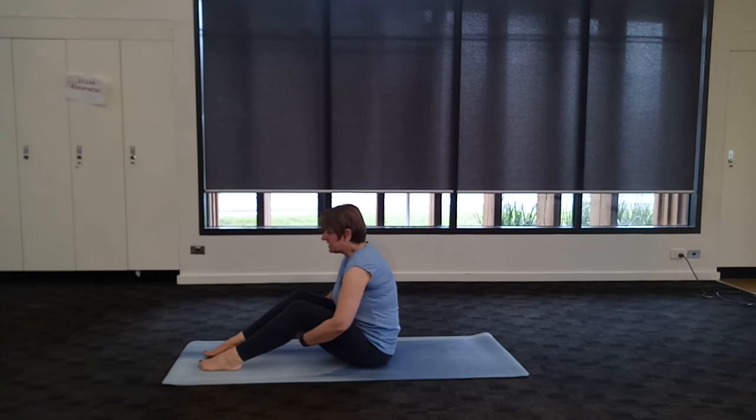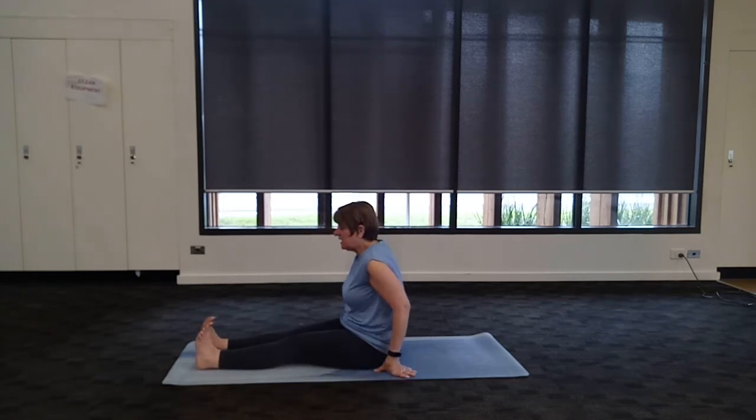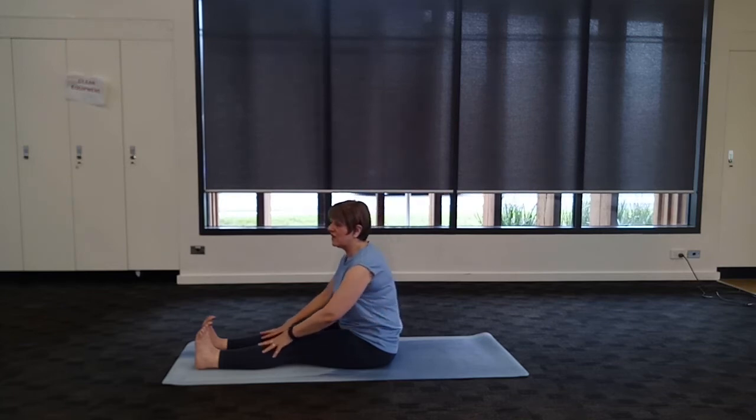And then just bring yourself up, straighten those legs down onto the mat and flex those feet. Hands on top of your thighs. We're going to go forward. So inhale, we're going to stretch to the ceiling, and then exhale, just let those hands slide as far as